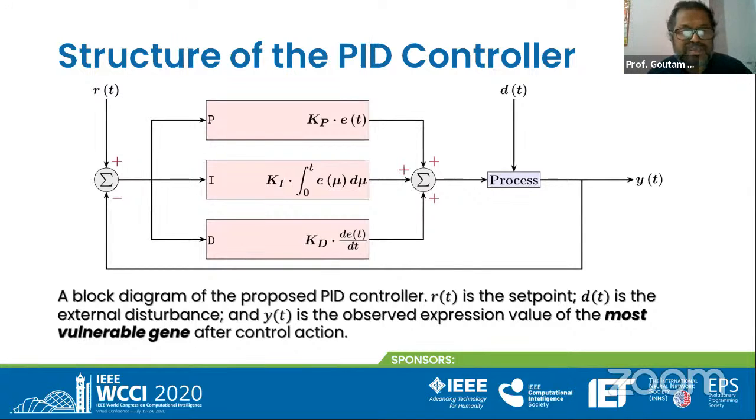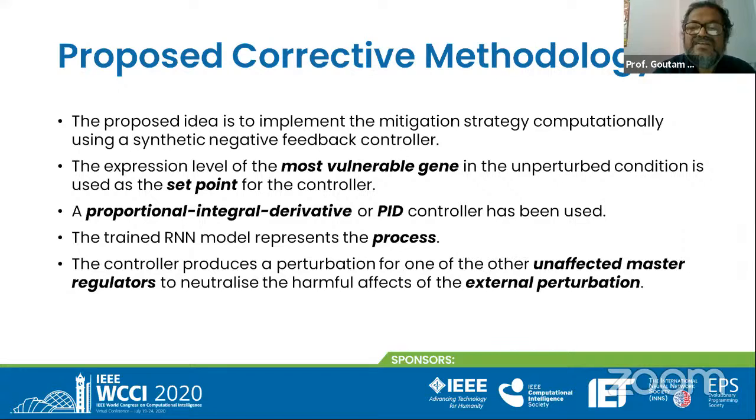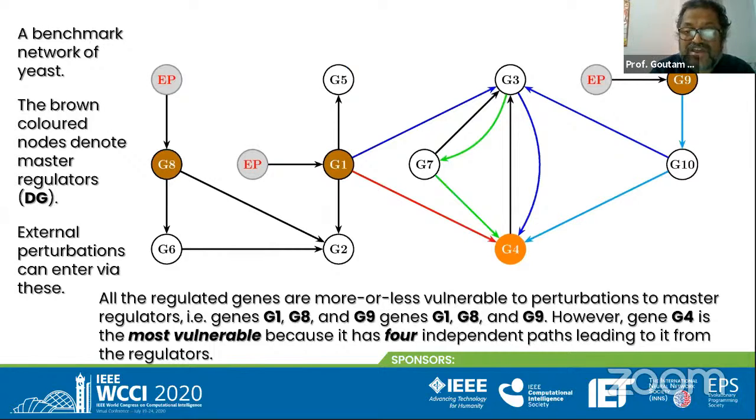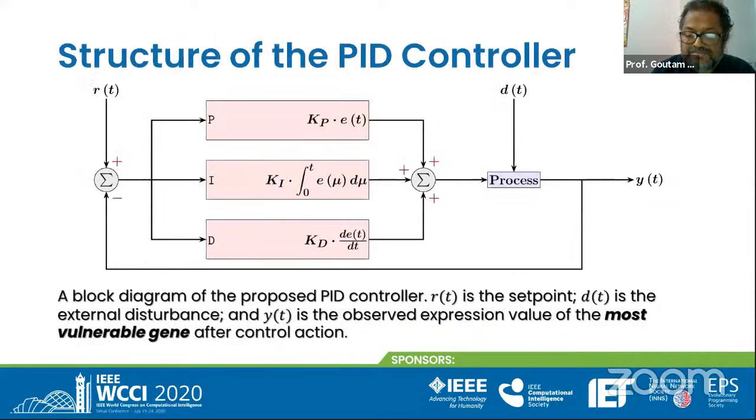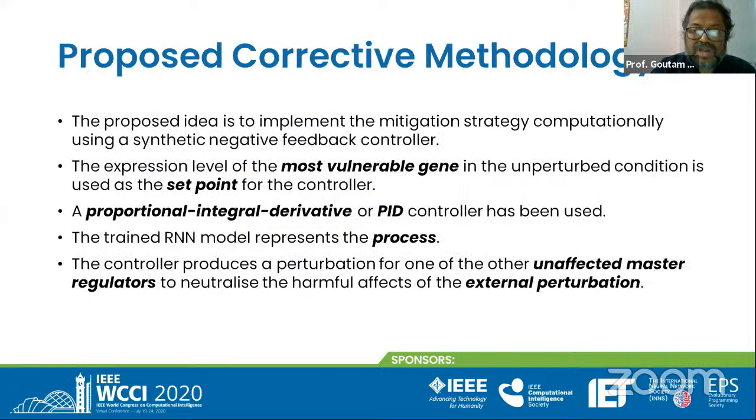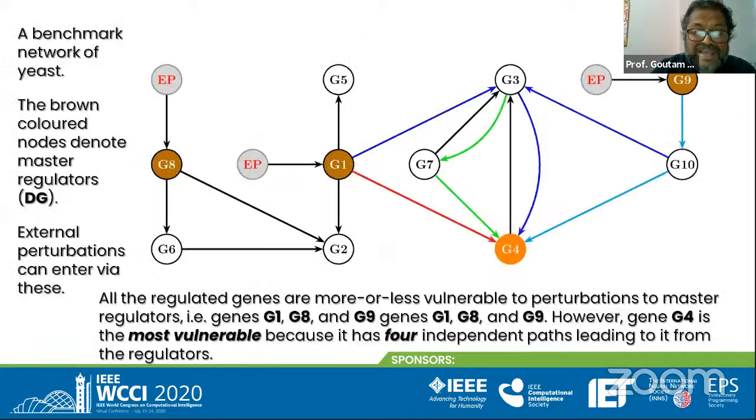So what I am doing here is using this particular system. In my system, you have seen in the previous slide, G4 is the disturbed gene, is it not? Now, what is its present value? The present disturbed value of G4 is my YT, right? What is my RT? RT is what should be the normal expression level of G4.